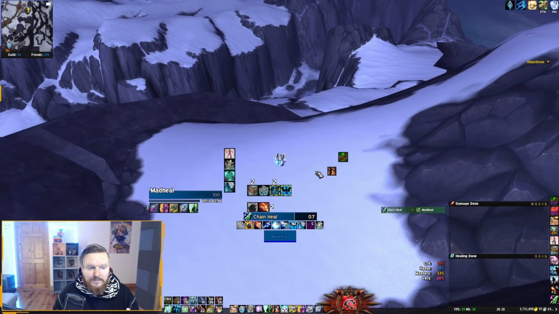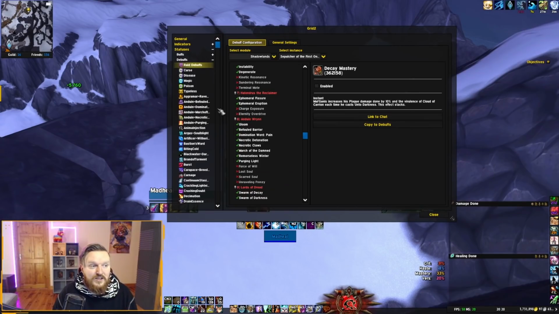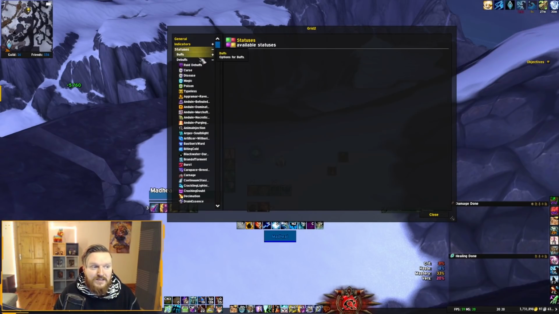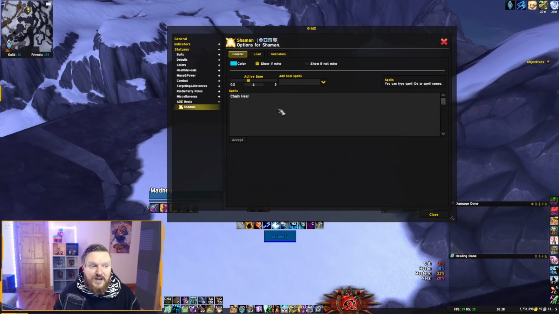Also, I do have to mention, a lot of people ask, for example, look at the color of my frame. I'm using Chain Heal, and it's changed a little bit, and it showcases the people who got hit by Chain Heal, and I think that's a really cool feature, and it's really easy to use. You go into statuses again, you don't have to go into debuffs, you can minimize that, and you go into AoE heals, and in AoE heals I have Shaman, and basically I have this color for the AoE heal. I have the spell, I can add